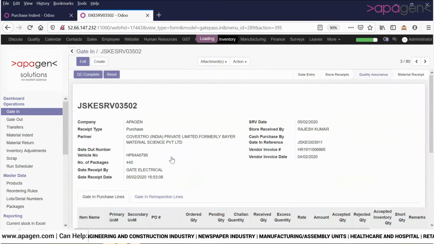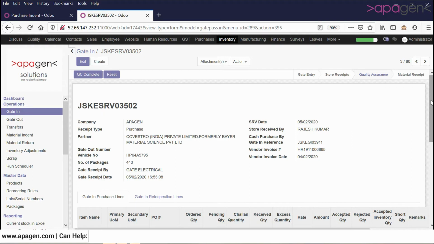You can see this is a gate-in process which goes through four major steps, starting with entry at the gate, receiving by store to indicate that items have been received, the third step being the quality assurance process taken by the quality team, and finally the receiving of material within the stock, after which it can be issued to the production department.